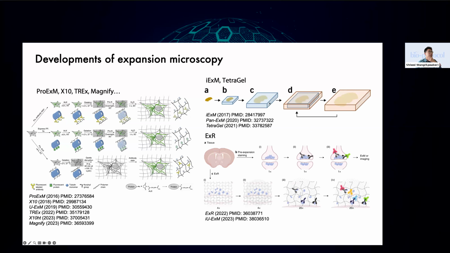We first published iterative expansion microscopy in 2017, where the idea is you can expand the sample once, embed it in a second gel, degrade the first gel, and then expand it again. In that way, they can reach 20-fold expansion within 2 rounds of expansion, and that achieves around 20 nanometer